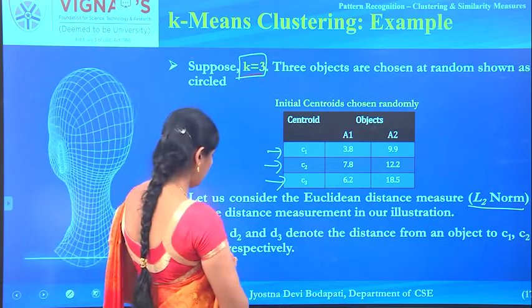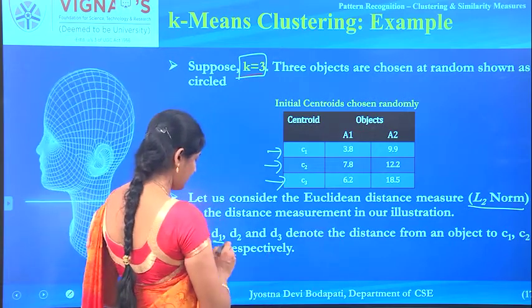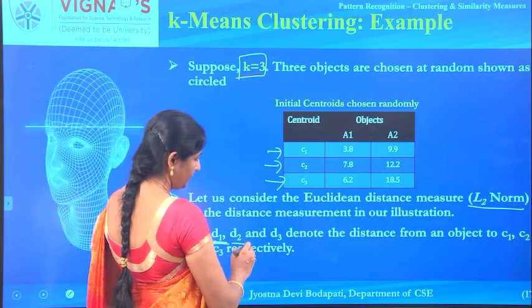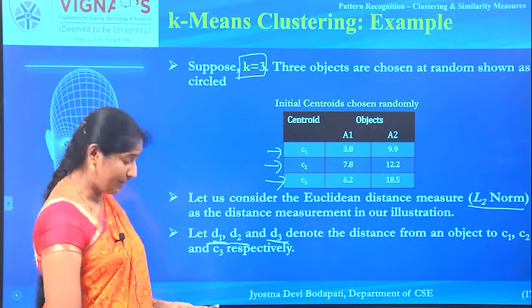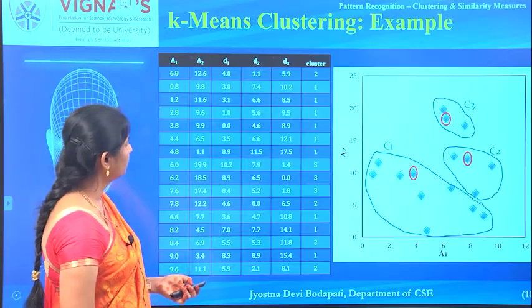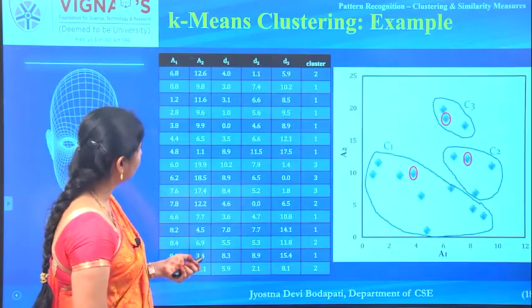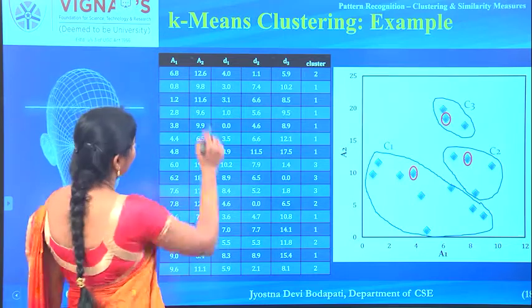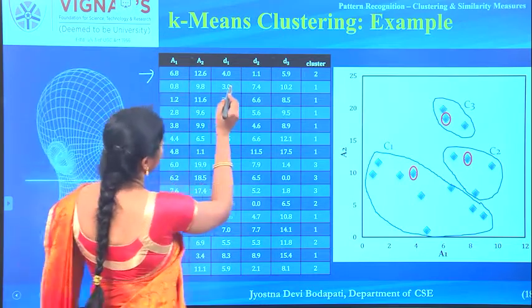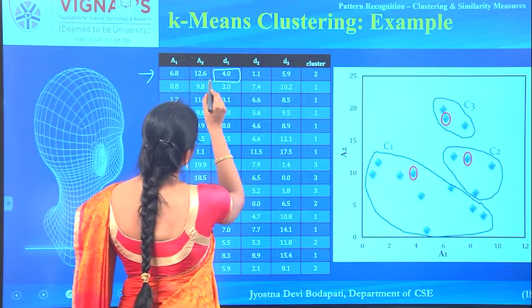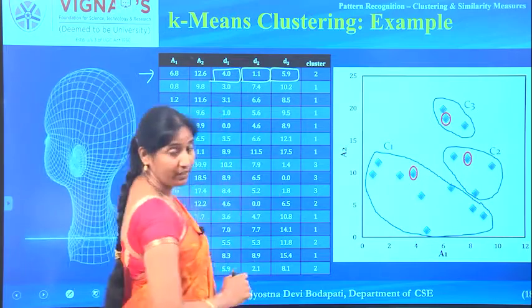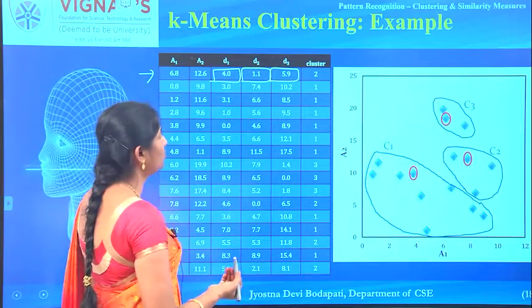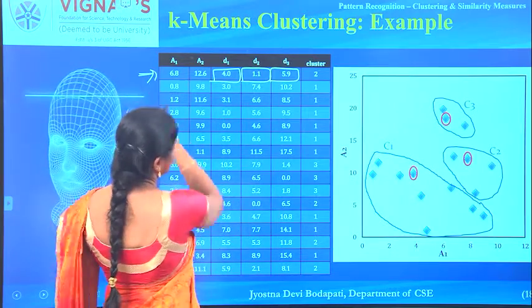The distance from one object to the first centroid is d1, to the second centroid is d2, and to the third centroid is d3. So with that notation I am proceeding. For the first object, the distance to the first cluster is 4, to the second cluster it is 1.1, and to the third cluster it is 5.9. So to which cluster do I need to assign the first object?